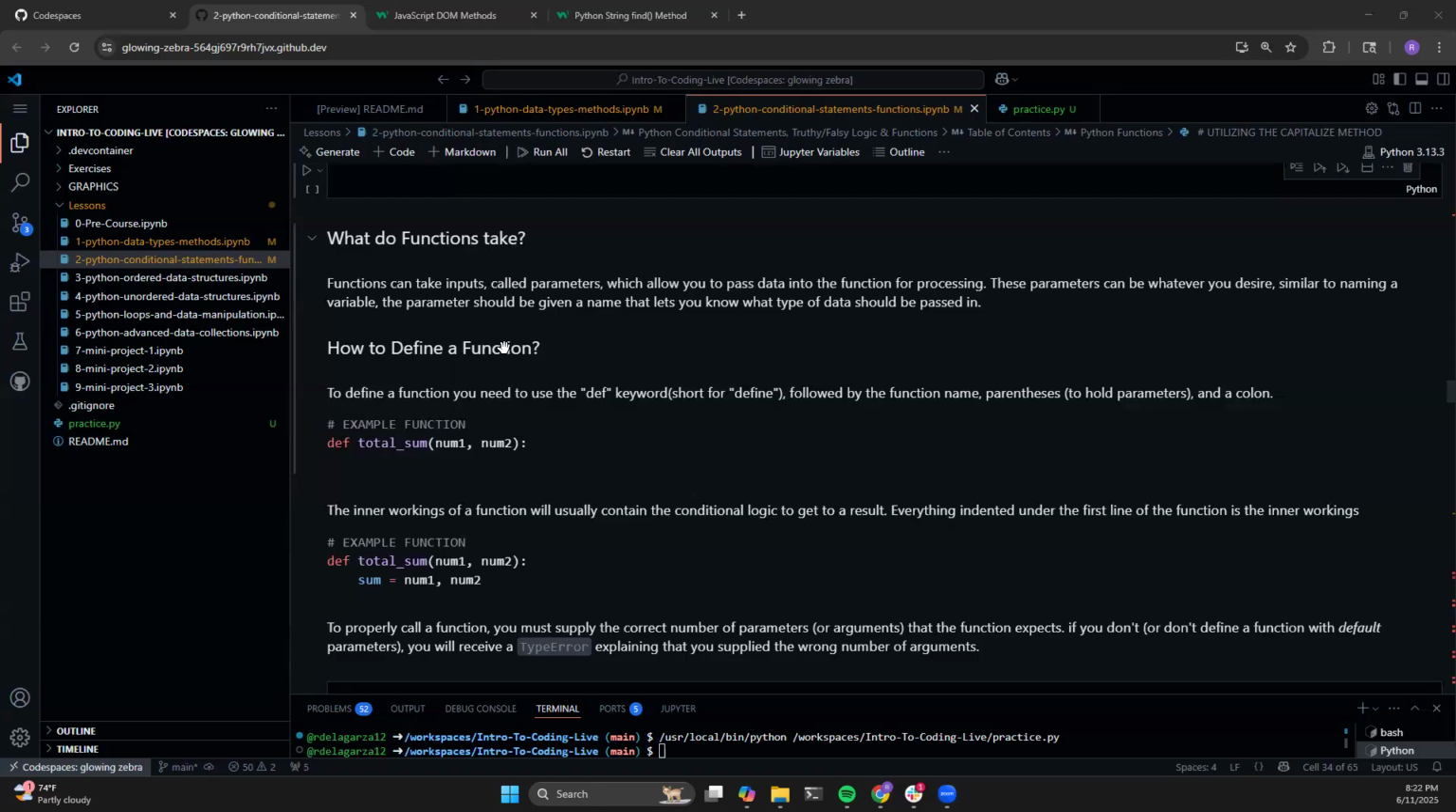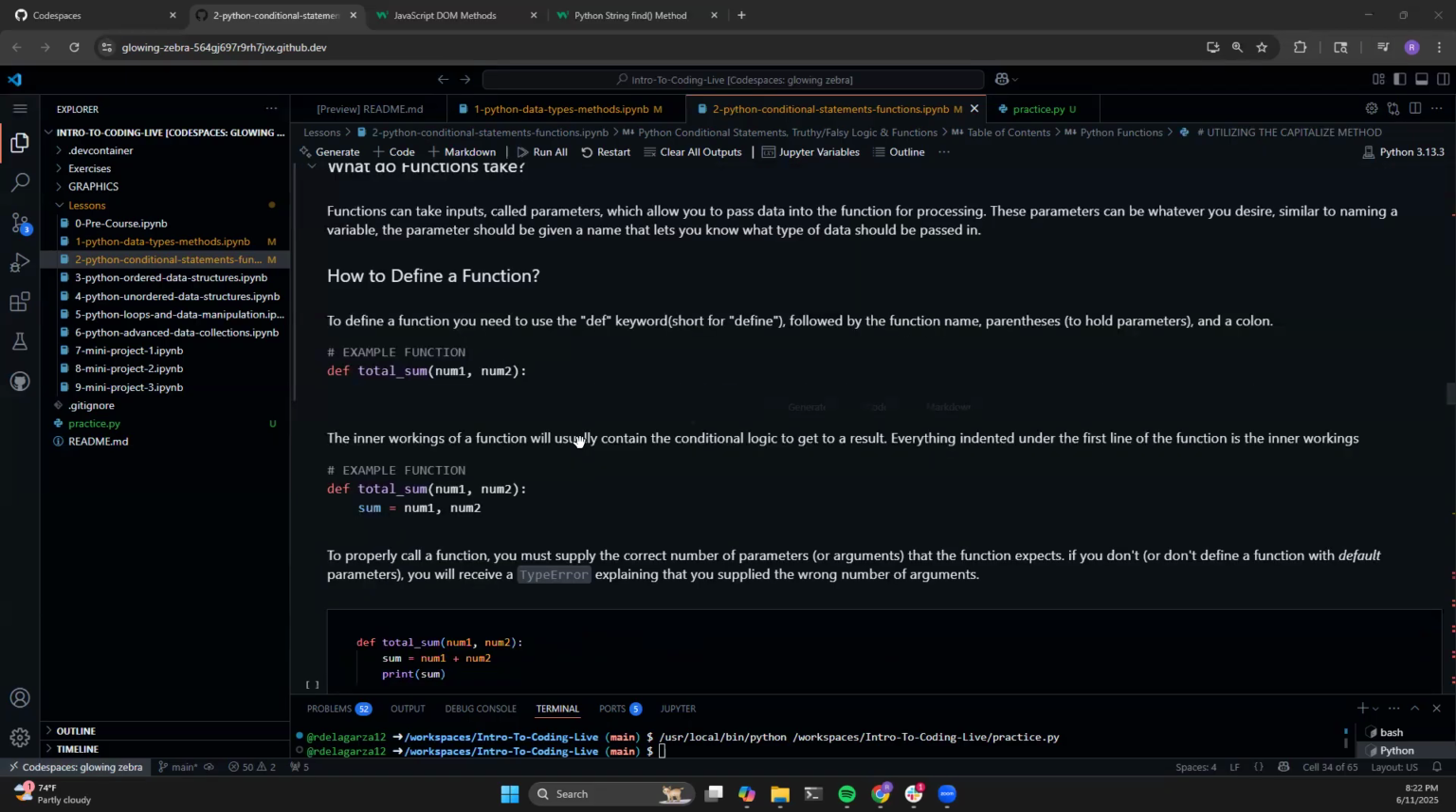So here you see an example. This function is called total sum, and as I mentioned before, it takes 2 parameters, num1 and num2. What do you think the values of num1 and num2 are? They're integers, hence the name, num1 and num2. Inside of this function, I see here I have created a variable called sum, which is going to equal to,